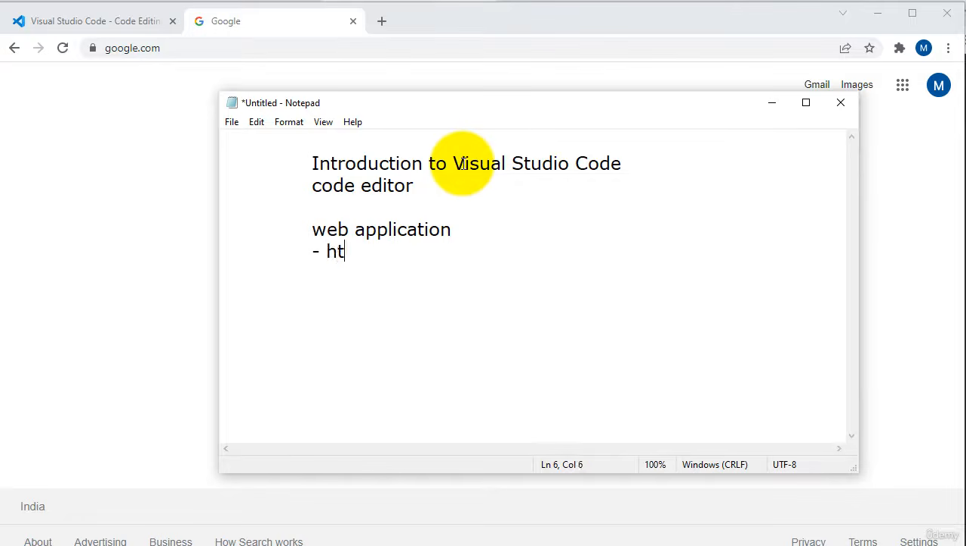Either it may be HTML, CSS, or JavaScript, frameworks, or whatever it may be. We can easily integrate any kind of coding with the help of Visual Studio Code because it has a lot of functionality. We will discuss that. So first, we can